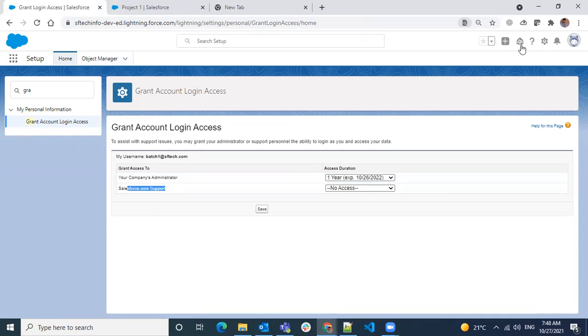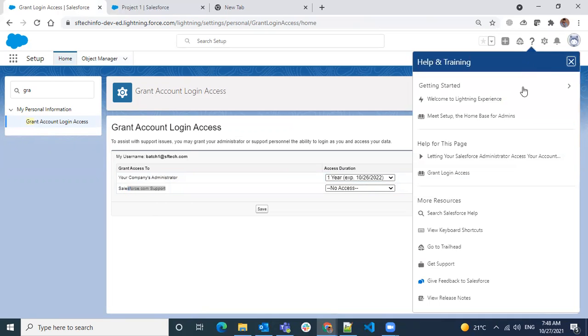I remember at the start of the session we explained that when we raise support cases to Salesforce from here, get support, that means we are seeking some help from Salesforce. Then what they do is they try to impersonate us, I mean log into our organization.